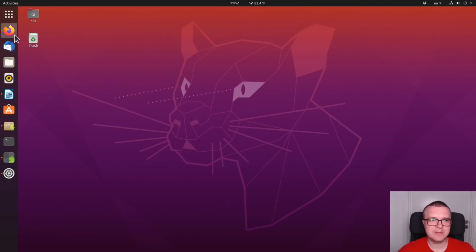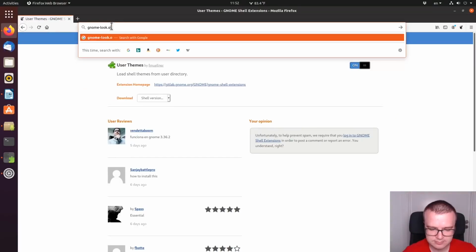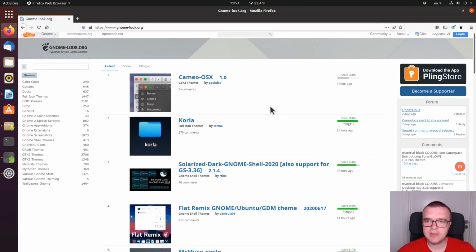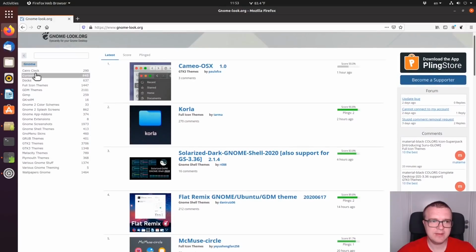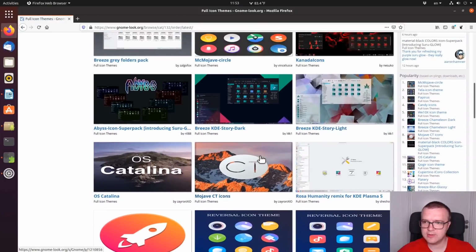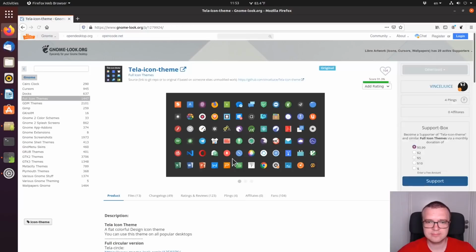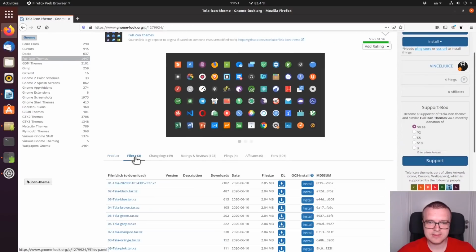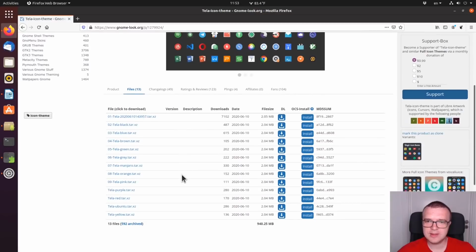You go to the website gnomelook.org, and here you can pick any theme you like. You have different choices here between cursor themes, GTK3 themes, and icon themes. So let's start with icons. Here, if you scroll a little down, you will see some of the most popular icons, and let's try this Tela icon theme. You go to the files, and here you can download these icons and install them manually,